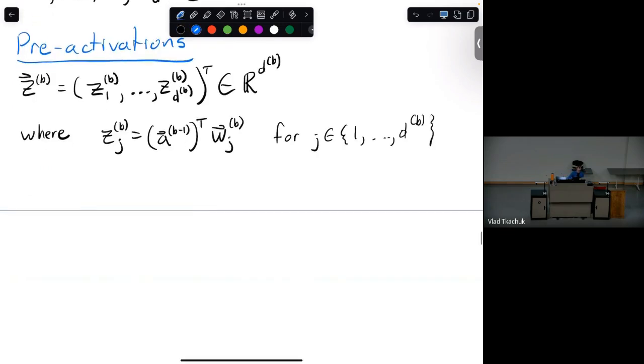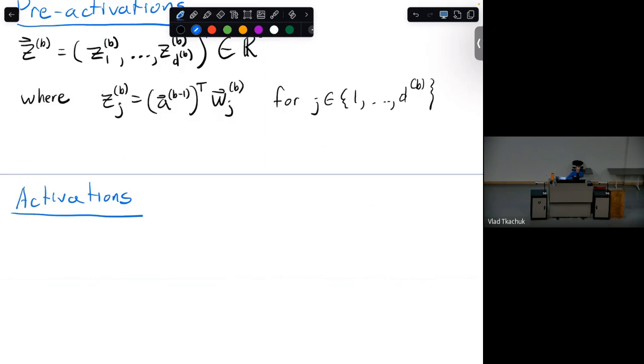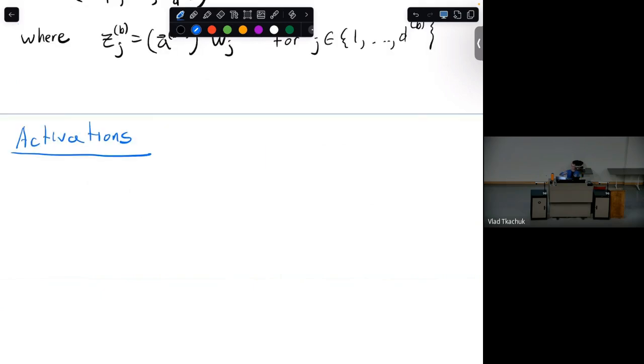That's the pre-activations. Of course, these pre-activations are then passed into activations. So these are the things you see in the picture. The activations are the values of the neurons. You can think of the neurons as doing this calculation, which is to take a dot product, apply an activation function, and then the output is the activation. That's what the neuron does. And maybe I should have said this is somewhat inspired by the biological idea that each one of your neurons takes some input, through the dendrites or something, connects to other neurons, takes in inputs, does some processing, then outputs a signal of on or off kind of, which is how you should interpret this.